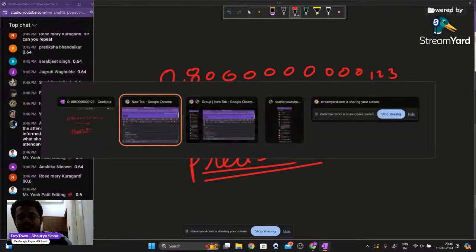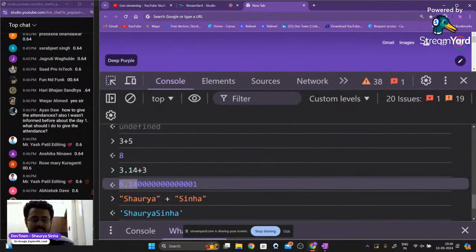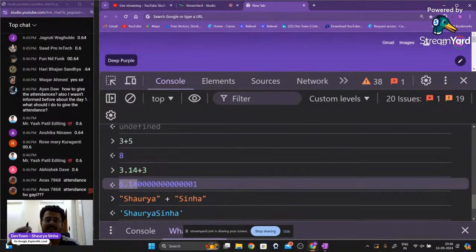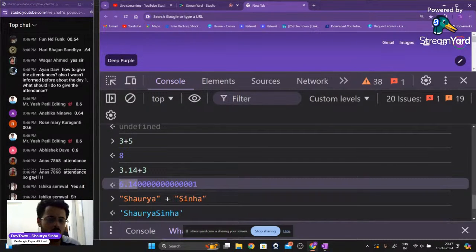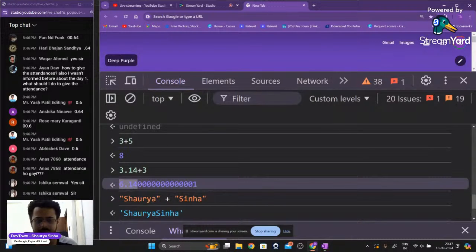Now, when you do addition, for example, 3.14 plus 3, the end digits that are there, 1, 2, 3, or anything, it is not exactly 1, 2, 3 at the end. It can be anything. It depends upon your processor and your OS. It is different for different computers. Whatever is there at the end also gets added up, and that value becomes bigger, so the computer is not able to ignore it, and hence you get 6.1400000000001 at the very end.